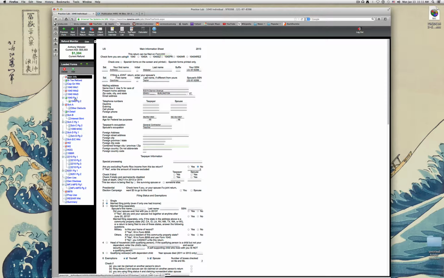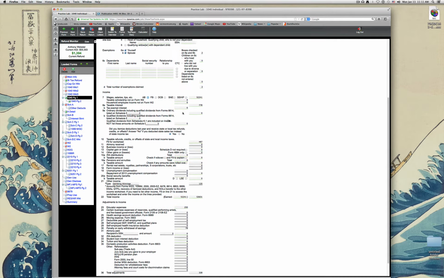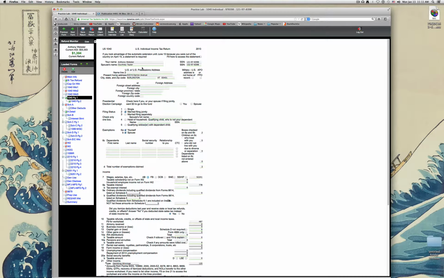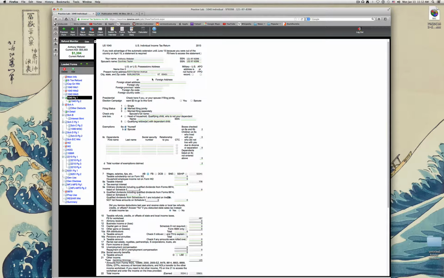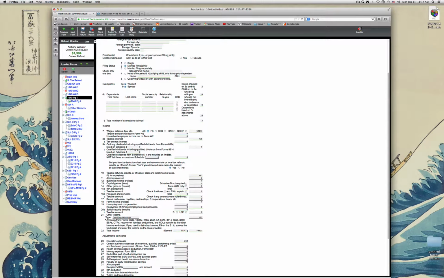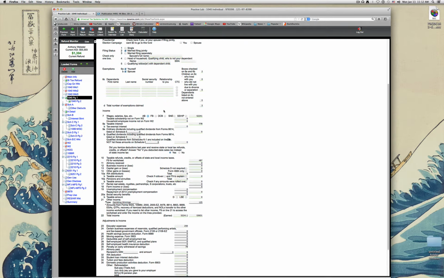And we'll turn to the 1040 so you can see the line by line and then go through the forms so you can compare your entries. So again, all of their personal information will flow from the main information page. Married filing jointly, 2 exemptions,